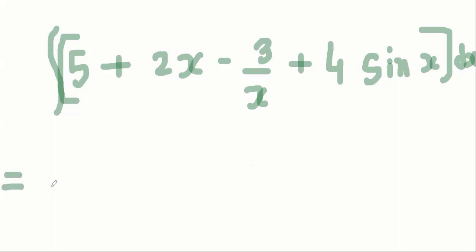So what will be the integration of 5? Now pay attention. Go to differentiation, tell me for what function differentiation we get a constant. Tell me, Jayasuriya. d by dx of x. Exactly. d by dx of x is 1. d by dx of 2x is 2, right? d by dx of 7x is 7. We know that. So if we reverse it, integration of 5 will be